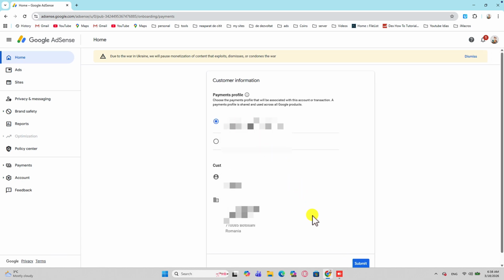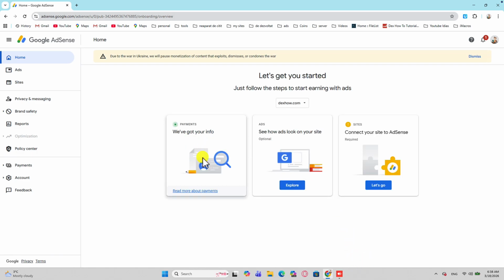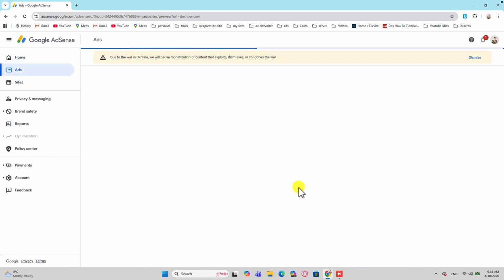Google uses this address to mail you a physical PIN to verify your account once you hit the payment threshold, which is a key security step. Time to link your AdSense account to your site. The process is different for websites and YouTube. For a website,